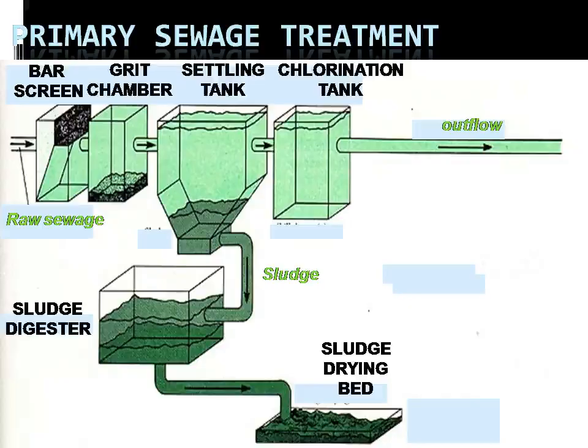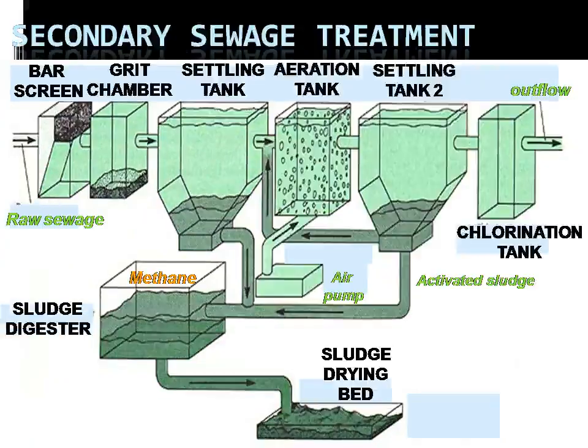Then another step is grit removal, where sand, grit, cinders and small stones are allowed to settle to the bottom of a grit chamber. It is a very important step for cities that have combined storm and municipal sewage systems. The grit obtained in this process is disposed of by using it for landfill.